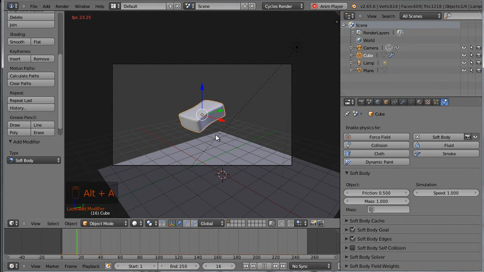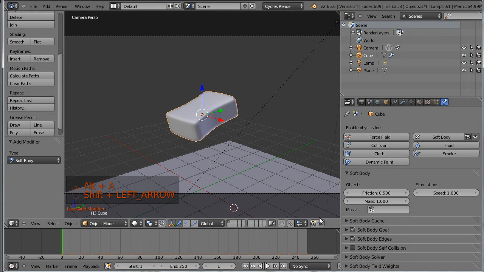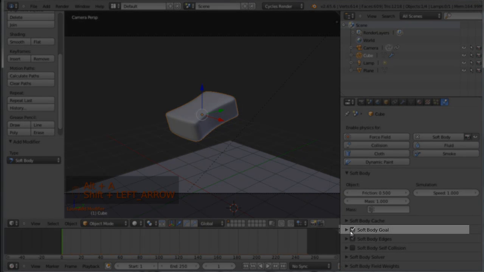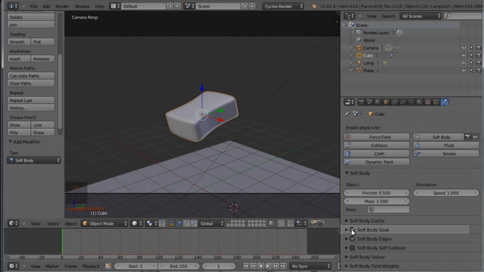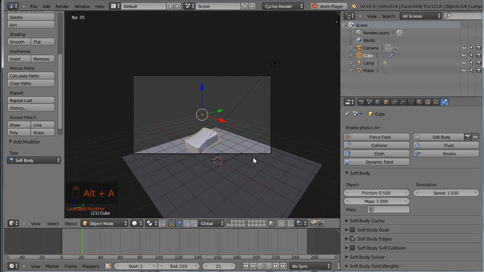Of course now if you go ahead and play the animation by pressing Alt A, you're going to see that nothing really happens in a realistic way, because the spawns is going to be vibrating around a fixed point in space, which is not what we want. This is because we have the soft body goal enabled here, and I don't want any fixed points, so go ahead down here and uncheck the soft body goal. We don't want this to be vibrating as if some ghostly fixed points were around. So now if you play the animation, you can see at least